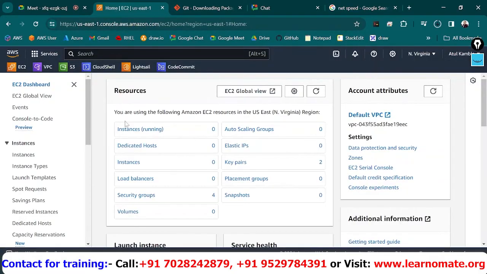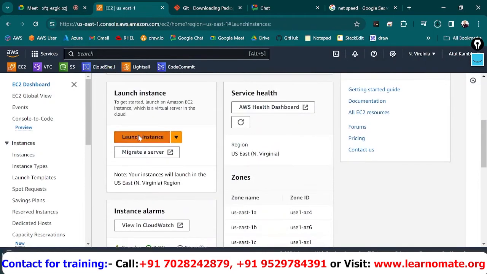Okay, now it's working. So I'm navigating to launch instance, and from here,